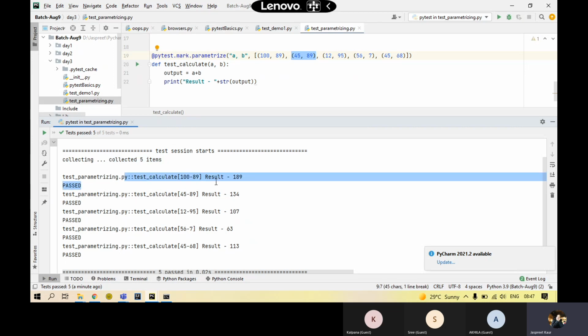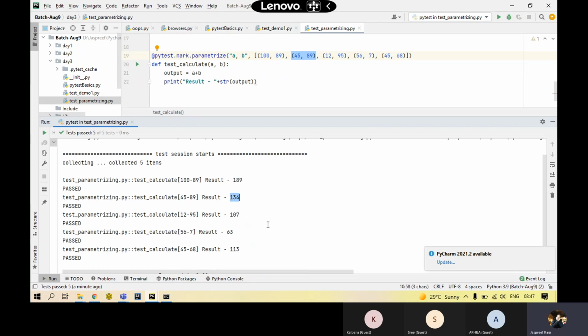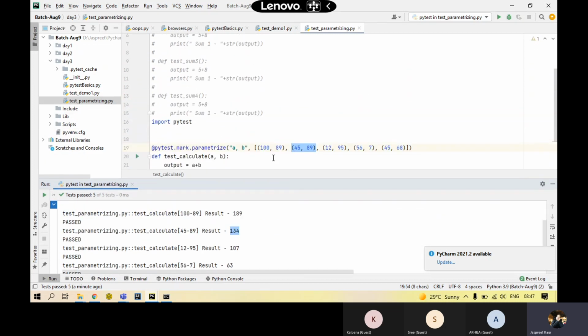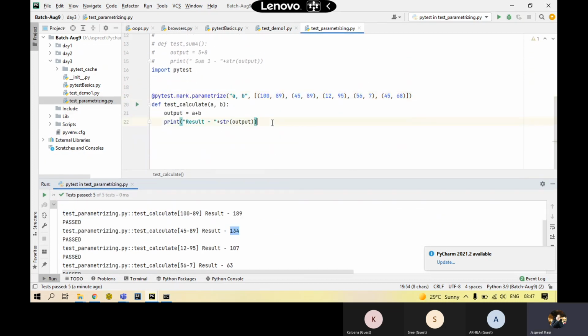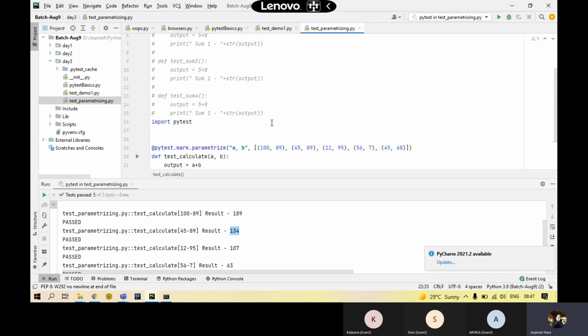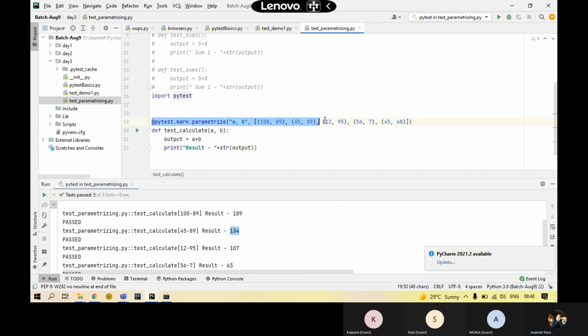And it's giving me the information on which test case has been executed in which sequence. So firstly, the first data set got executed. I got the result. Second one got the result. Third and fourth and fifth. Right. This way, I can pass multiple test cases to one particular function. This is going to be really necessary when you're going to make the frameworks ahead for the automation. This is going to work a lot.